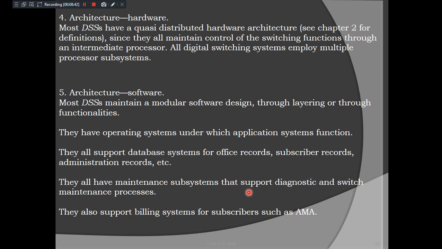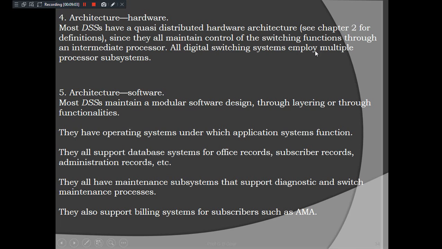Some more properties: hardware architecture. Most DSS have a quasi-distributed hardware architecture, as I just told, as they all maintain control of switching functions through an intermediate processor.